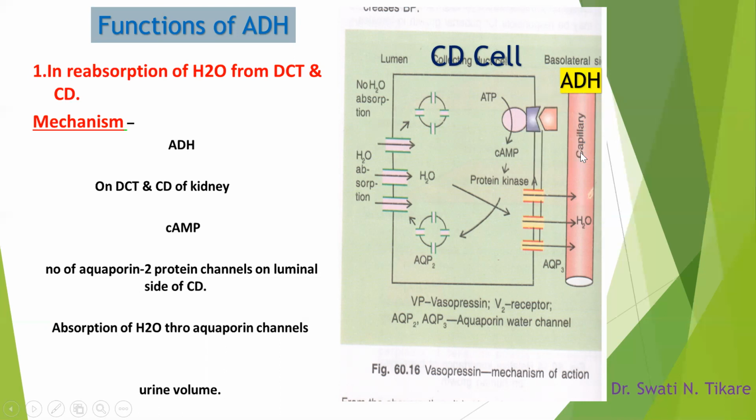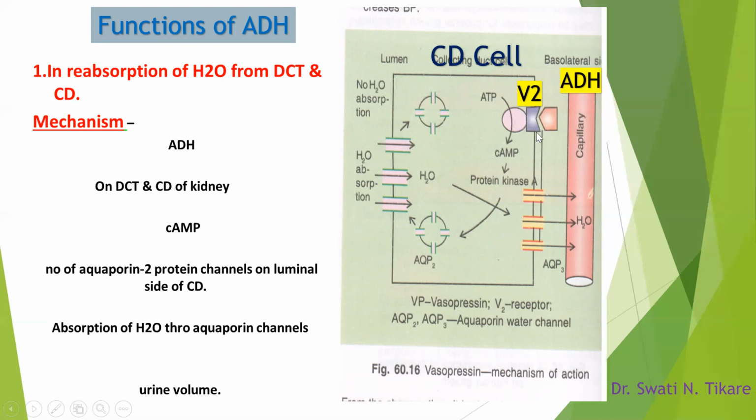ADH is a protein hormone. I hope you can recall that it will have a receptor on the cell or within the cell. Because it is hydrophilic, it cannot enter inside, so it has a receptor on the surface. This is the V2 receptor on the surface. When ADH binds to this V2 receptor,